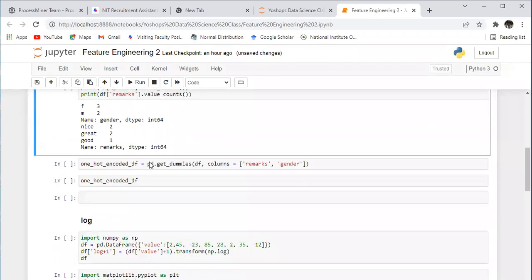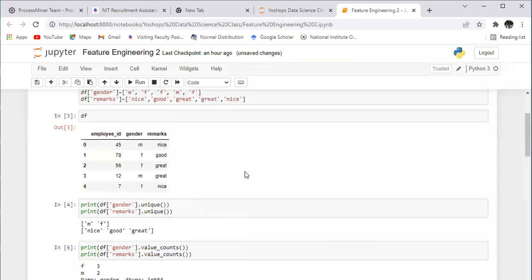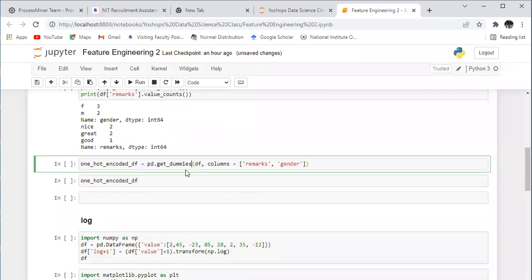Our main target is to look for one-hot encoding. So pandas offers us this get_dummies. So we'll use this get_dummies on the columns that you wish to transform. So we have categorical values under gender and remarks, right? So we'll consider remarks and gender columns from the df data frame and apply the encoding. So the method is get_dummies. Let the encoded data frame be one_hot_encoded_df. So if you run it,